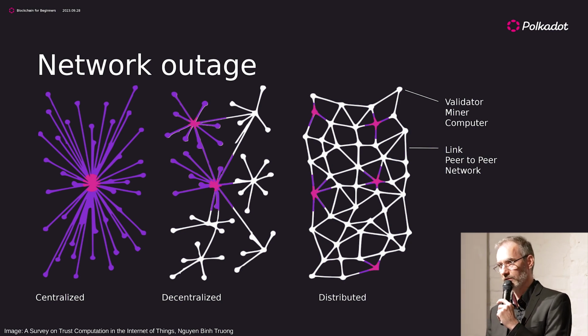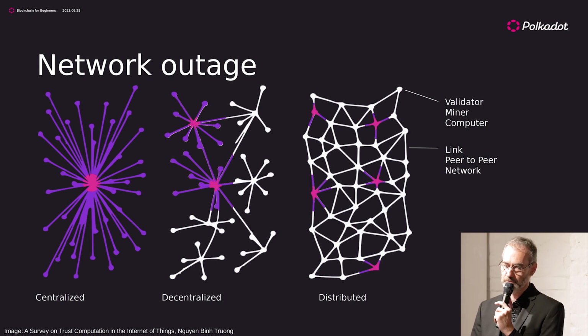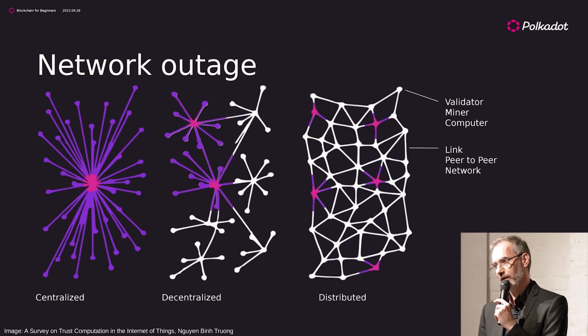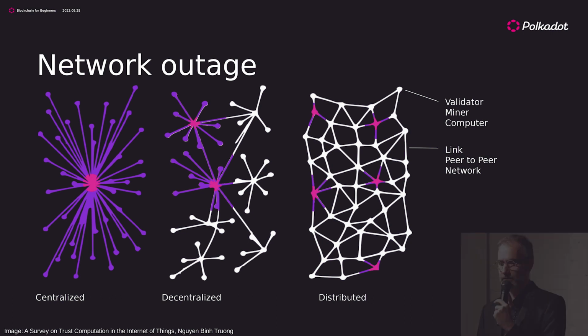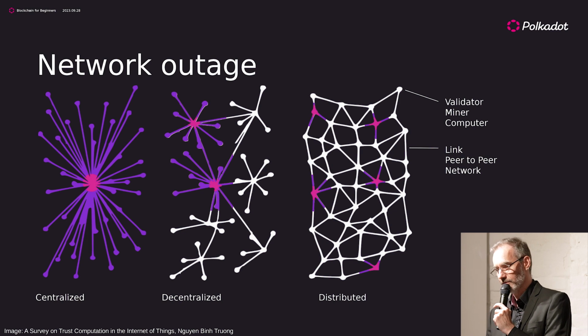So the communication can flow freely, which is also very important because when new blocks are finalized, they have to be broadcasted to all the nodes in the network, so everyone has the same history up to the recent block. So it can't happen for a blockchain, or should not happen, to have a broken communication between the links. So that's our theory. How does it look in the real world?